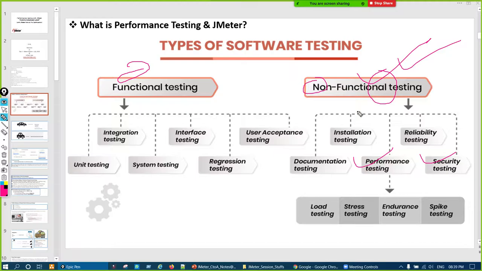Let us say you launched the website, you clicked on something, you logged in, all this stuff. These are known as user actions, or we call them transactions in the performance testing world. For each user action on a website, how much response time it is going to give. Basically this is the first parameter in non-functional testing.